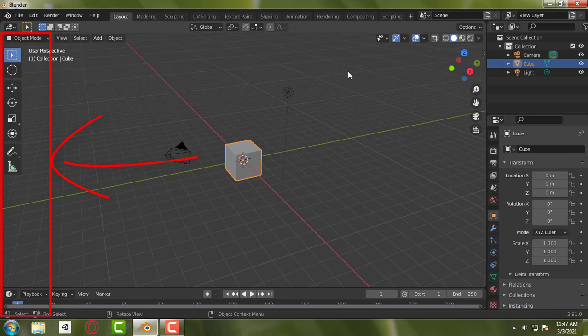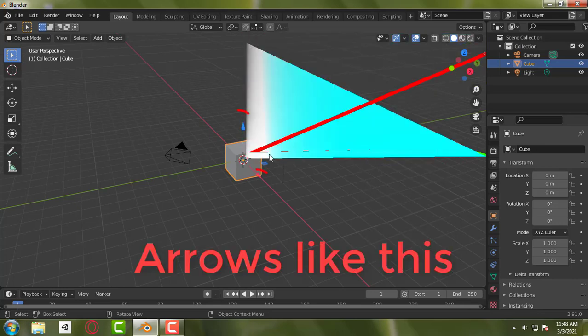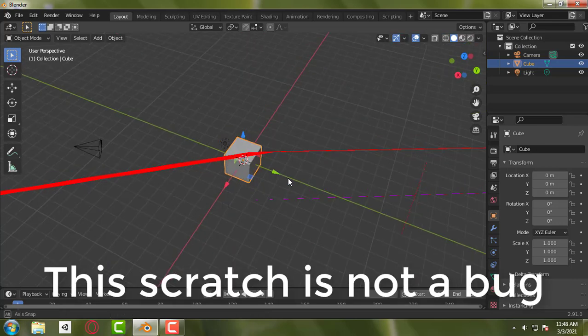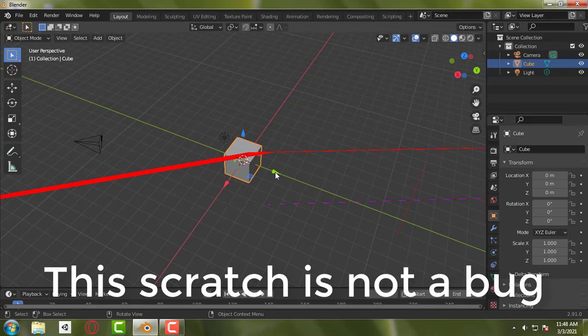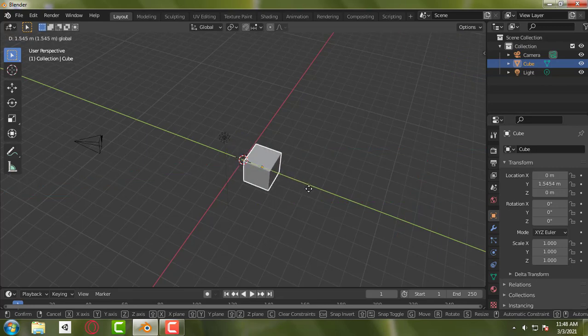They are separated into different things, such as move, rotate and scale tools right here. If you enable this, you will see an error, but it is not a bug. The problem is that I don't have a GPU, and so it is behaving like this. If you move this, you can see